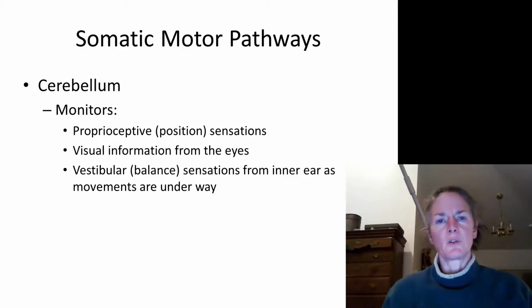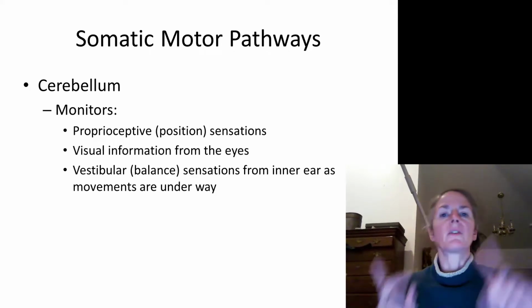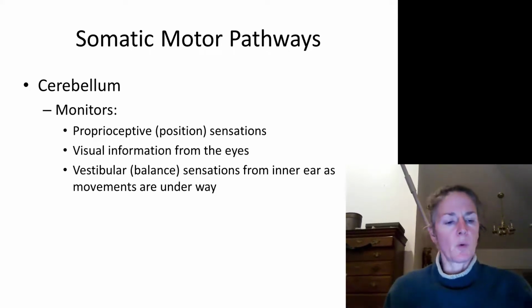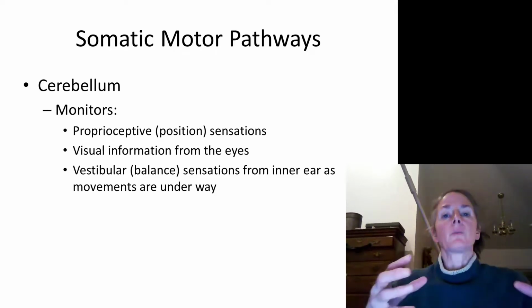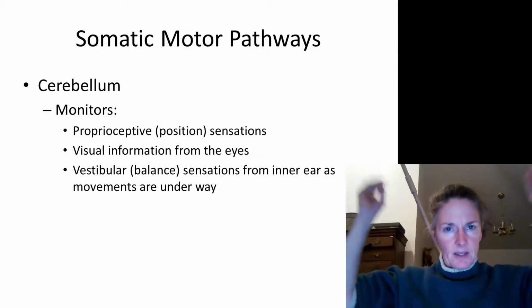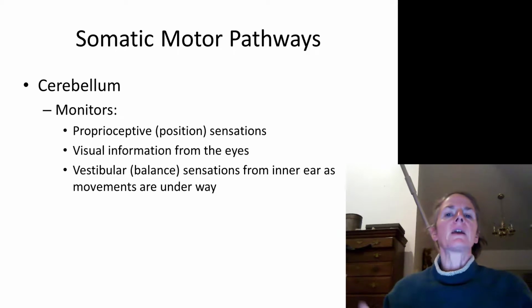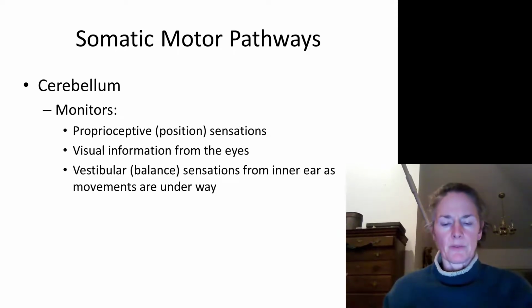And so when you go to execute that movement again, the cerebellum can compare the desired motor output to what you have done in the past and keep refining it. So one of the things that's important here is, once again, you are taking some motor movement and initiating it through the upper motor neurons, and the cerebellum then can exert control by toning down the motor output so that you're using only the neurons that you need to make the most efficient movement. Otherwise, your movements might be very